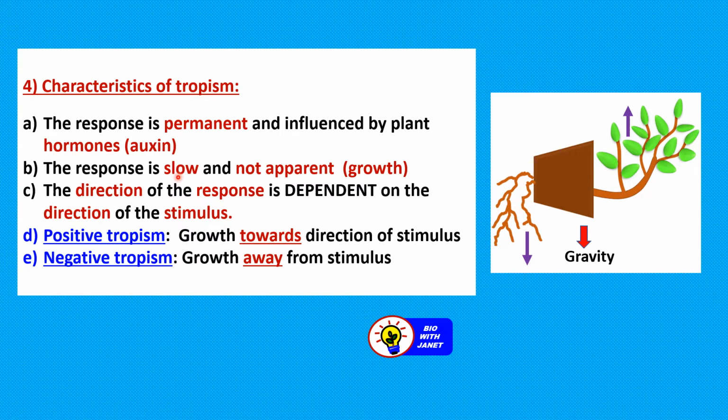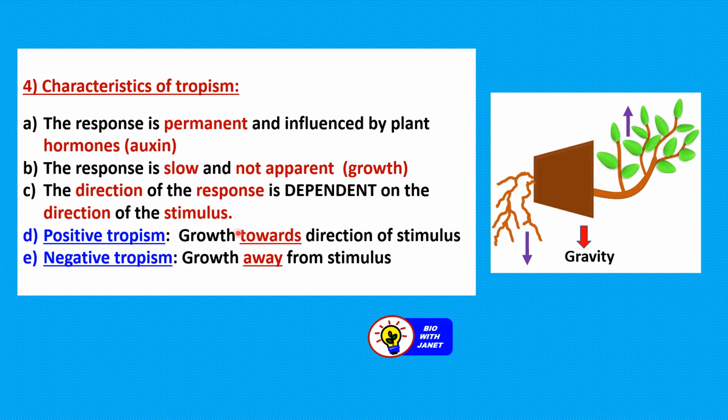Now, the response is slow and not apparent. So because it involves growth, the response is slow. Growth takes a while to occur. And it's not apparent, meaning it's not so obvious. If you just watch it, within a few minutes, you don't see any response. But over a few days or a week, you will see that the plant has responded. For example, the shoot has grown towards the light, or the roots have grown downwards in the direction of gravity,